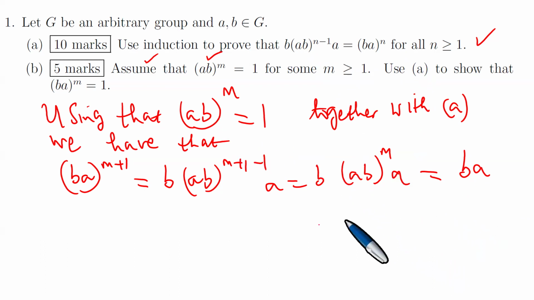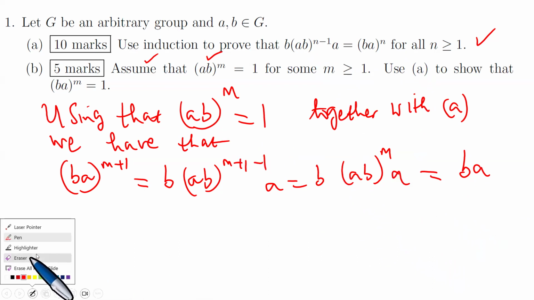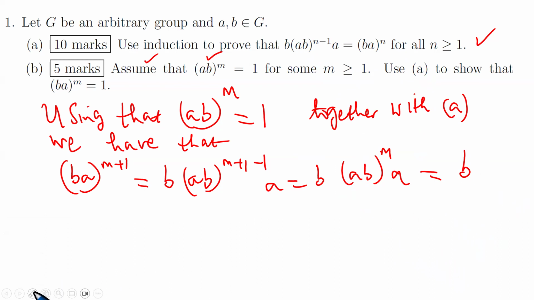Why? Because you can write an intermediate step here. Because the AB to the mth power is just 1. Because the AB to the nth power, we got to this, and the AB to the mth power is 1. So that indeed this is just BA. And then by the right cancellation law, right,